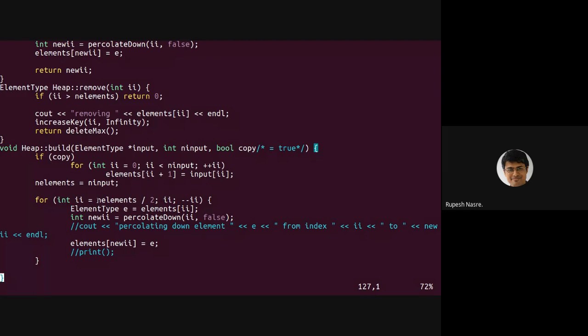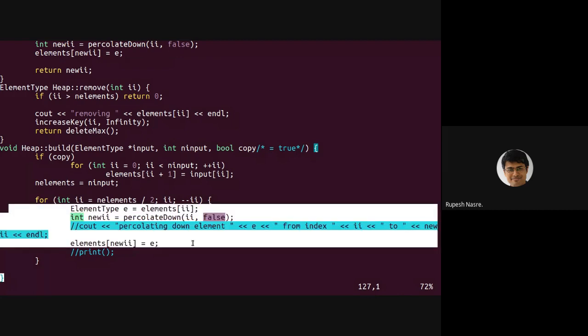Even if you start from n elements and go all the way up to 0 or 1, that is not going to cause any problem, just that you will be doing some arbitrary extra operations. So we take each interior element and just move it down, so that if there is some element which is larger and at the leaf, that automatically comes up. So once again, as you can see, most of these functions turn out to be relatively small once you have these percolate up and down primitives written clearly.